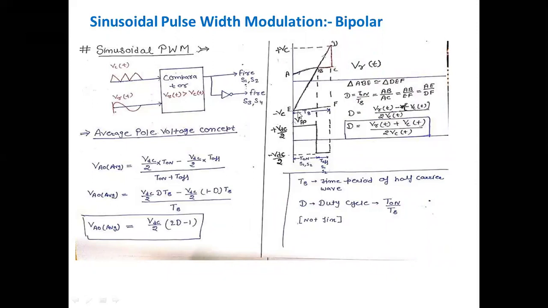So this is your carrier signal, this is your reference signal. Okay, and you can see that this is the portion of the on time if this is the complete time Ts. If this time period, from here to here, I consider as Ts, that is the complete time period of this pulse. Okay, and in this pulse, for A0, the time period between here to here is T on, when the A switch is on, and here this is known as T off, meaning the switch will be off here.